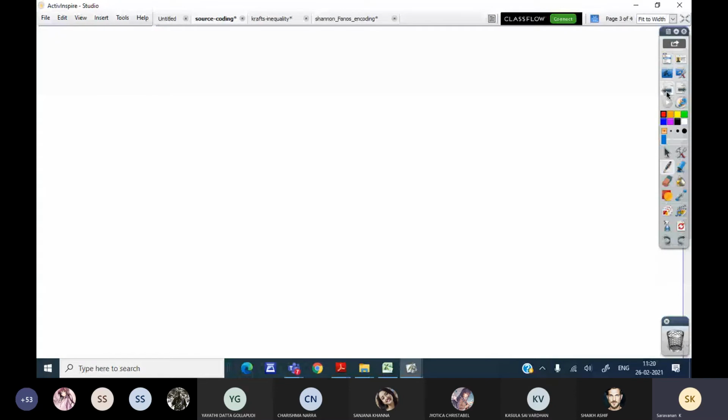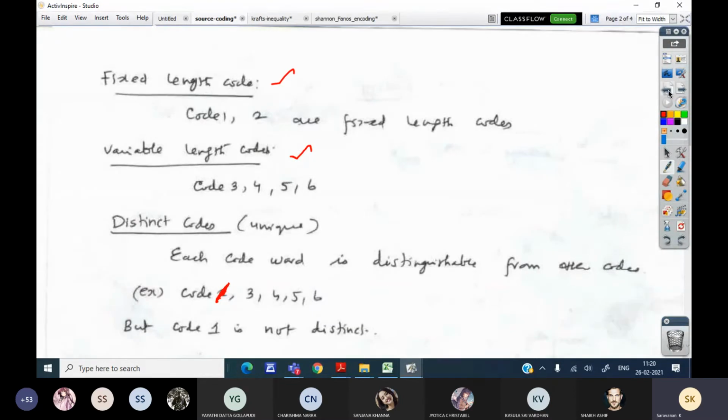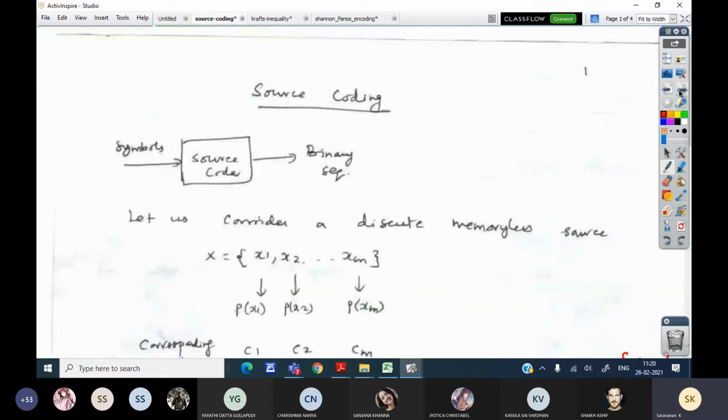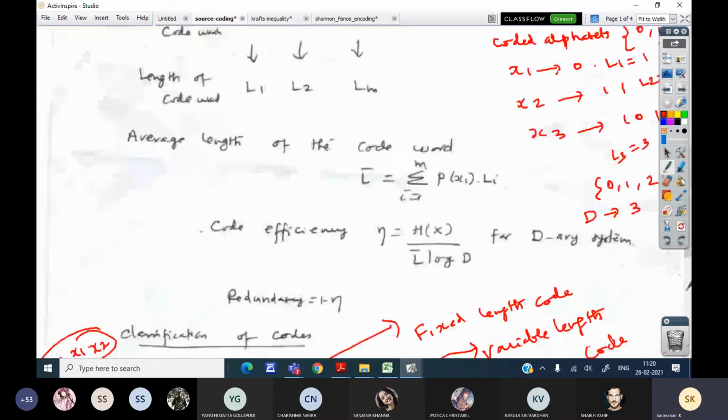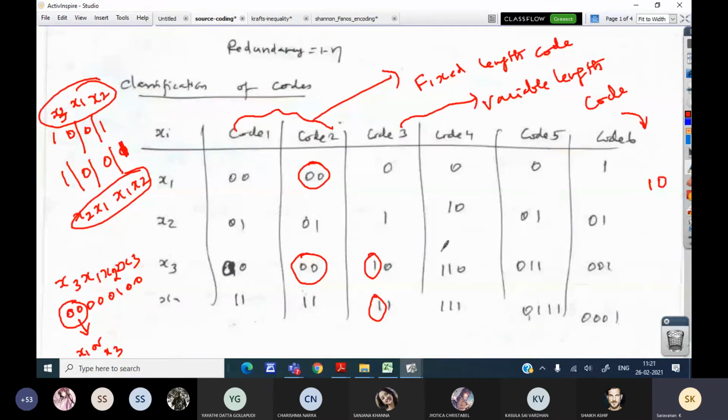Can you tell me now which is the uniquely decodable code in the given table? Sir, code 5.